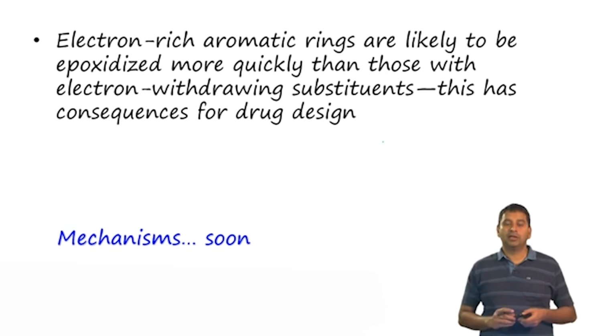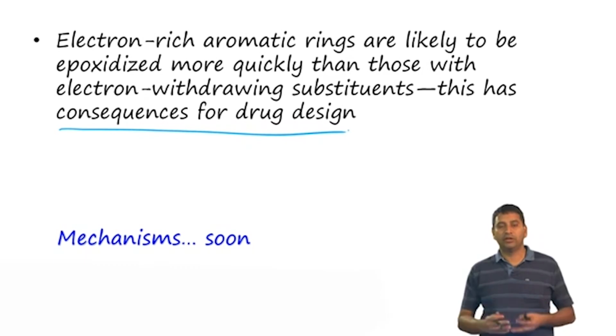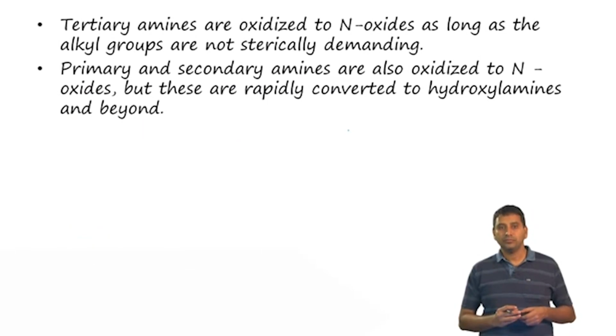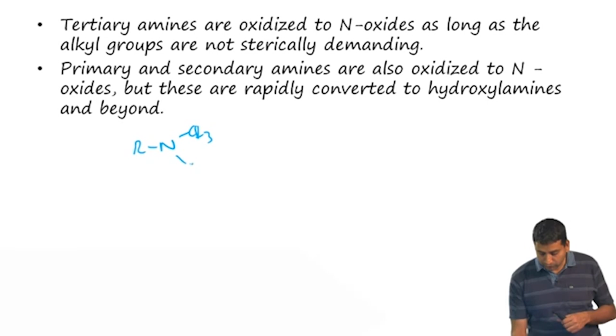Okay. But we need to keep this in mind, because we have to factor this while we are designing a drug. Okay. Tertiary amines, as we looked at, can also be oxidized to N oxides, okay, as long as the alkyl groups are not sterically demanding, right. So, the reaction that we are looking at here is R3N. Let us take the example of methyl groups CH3, it is going to get oxidized over here to form R2N+O-